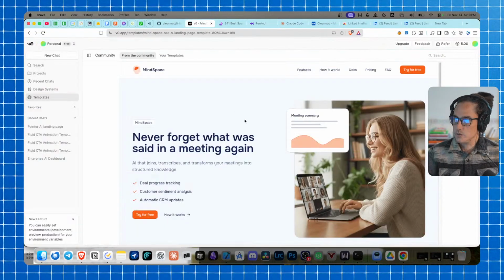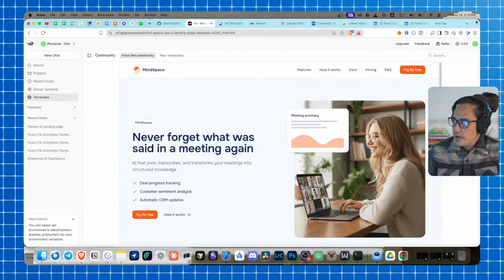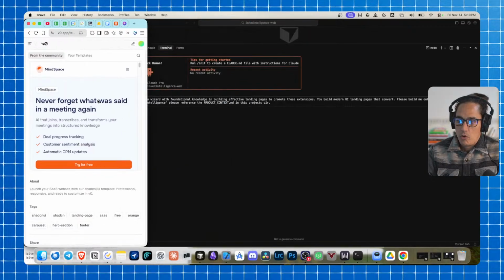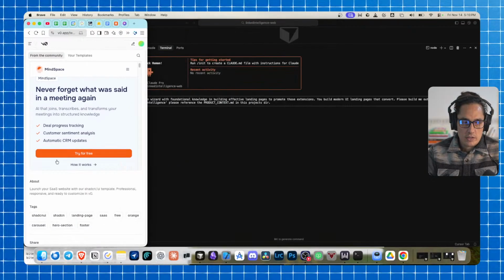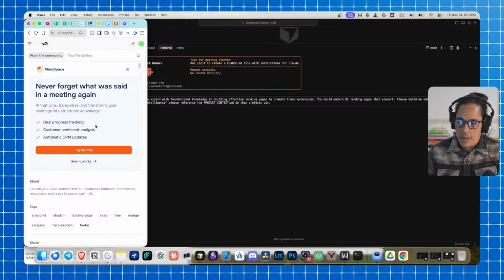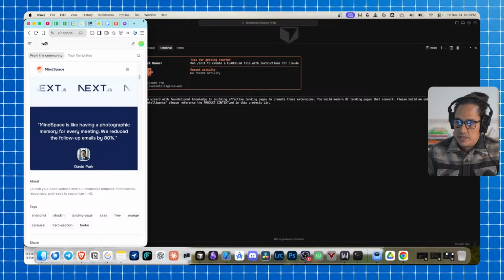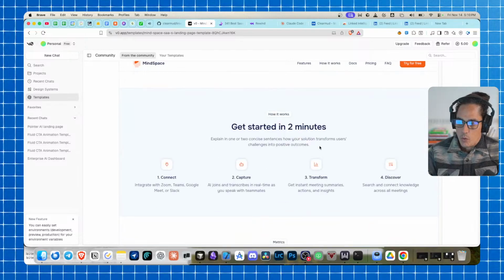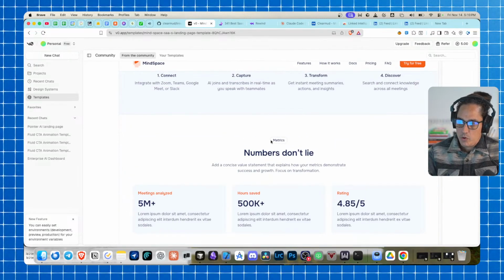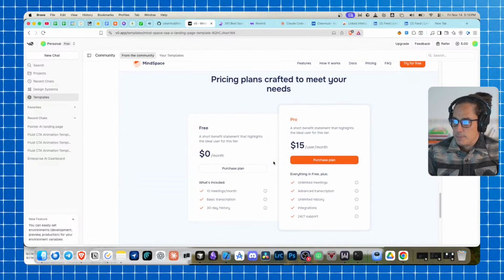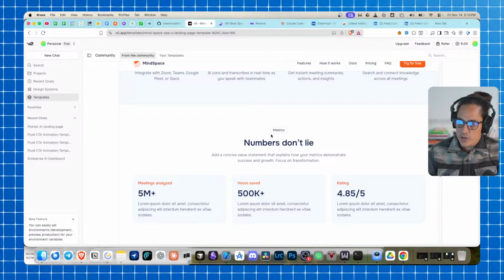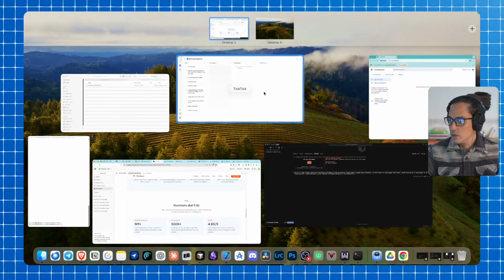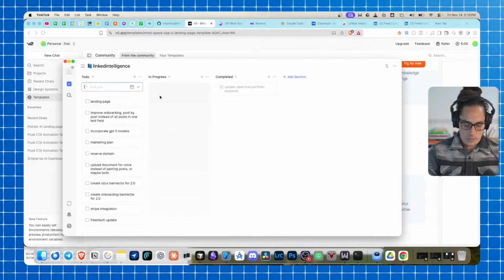But then I also want to go to, I really loved this one as well. It's super simple, right? And when you expand the window down and look at mobile, above the fold is very straight to the point, try for free. So this would be a link to our Chrome Web App Store. And then you scroll down and you kind of see other parts of the landing page, obviously the features, how it works. I probably wouldn't incorporate metrics yet. I would want to do some market research, and that's something where Claude Code market research agent,